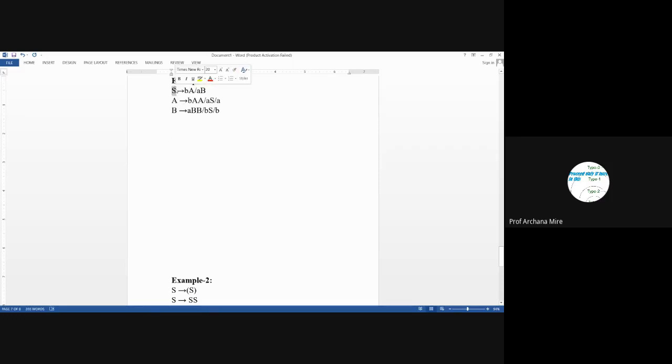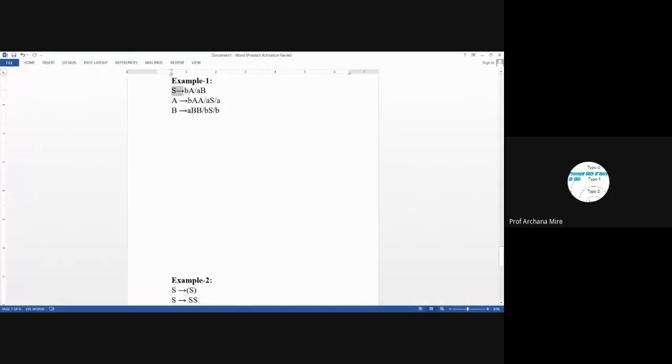And since S leads to BA or S leads to AB, and A and B both can be terminated, the non-terminal S can also be terminated. So since the productions are reachable as well as terminatable, there doesn't exist any useless production. So the grammar is already simplified, and if a grammar is simplified, then we will apply the next step of CNF conversion.